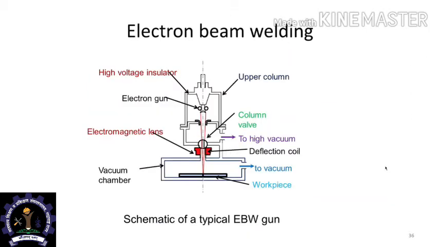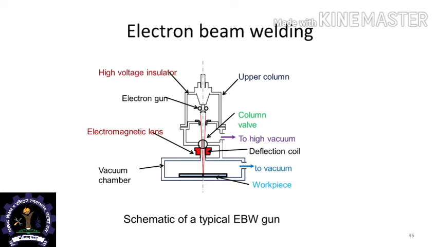The last two processes, which are basically high power beam processes, are electron beam welding and laser beam welding. Electron beam welding is shown here as a schematic. Here the welding source, the reason why the material is going to melt, is basically electrons, which are generated by using an electron gun. As you would imagine, electrons cannot traverse in a coherent fashion if they are exposed to air, because they would go on ionizing the gas on the way and then get scattered.